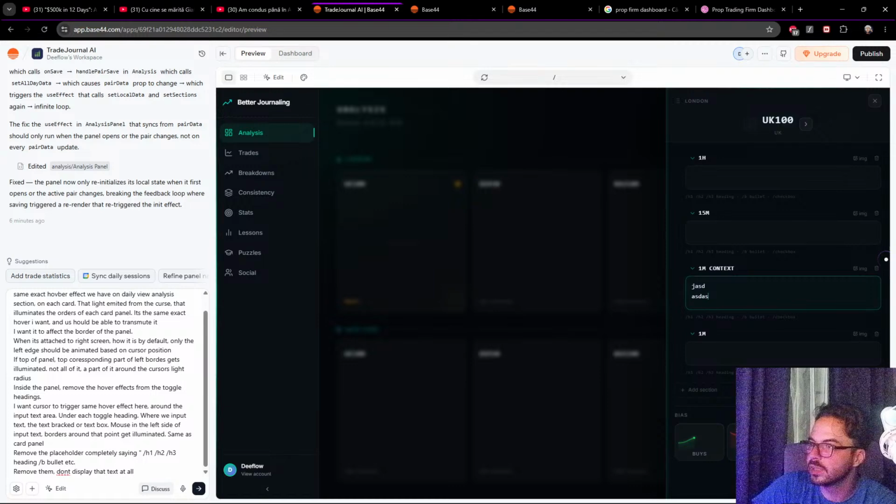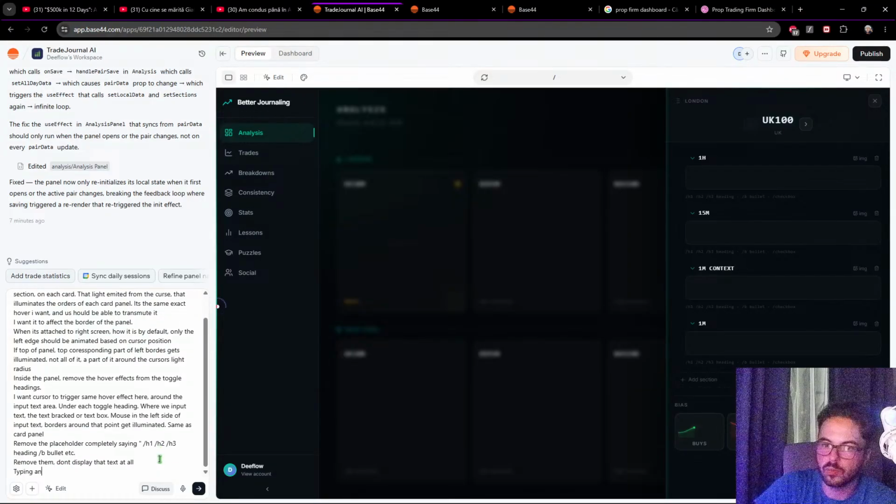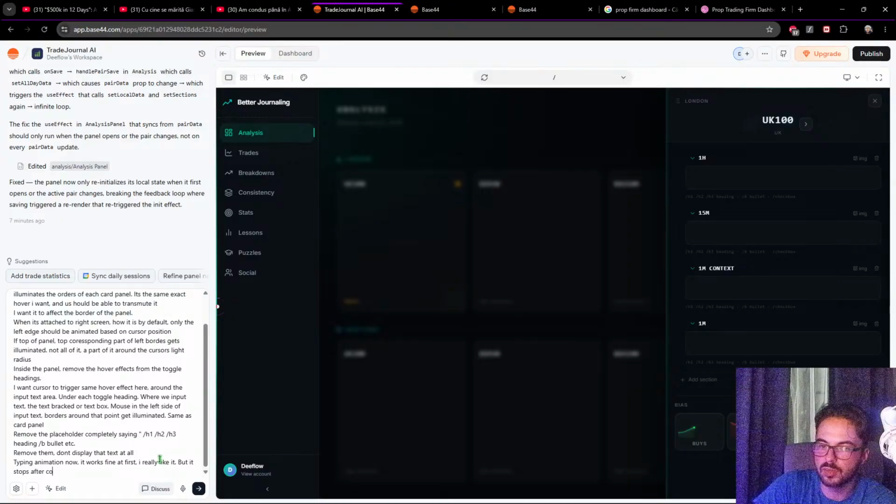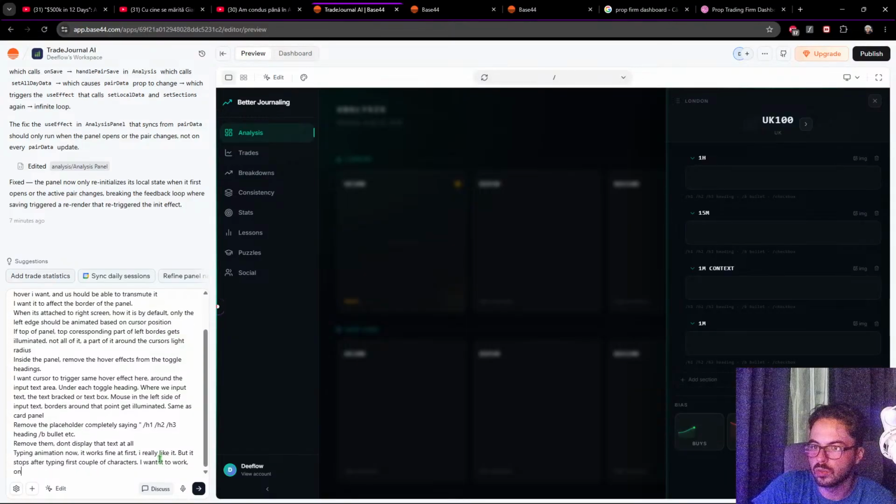I like this, but the problem is it just doesn't keep going. Typing animation now. It works fine at first. I really like it, but it stops after typing the first couple of characters. I want it to work on each added character. And also have like